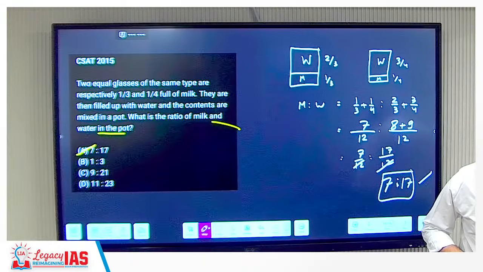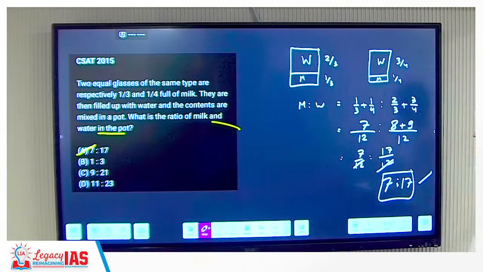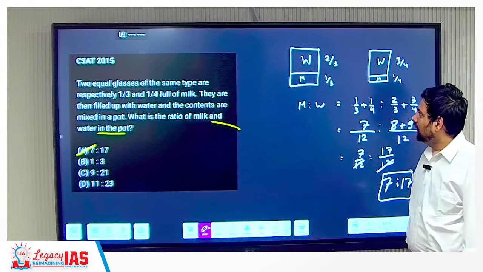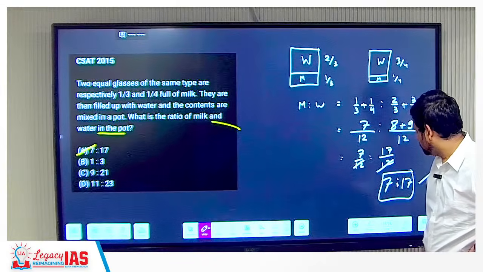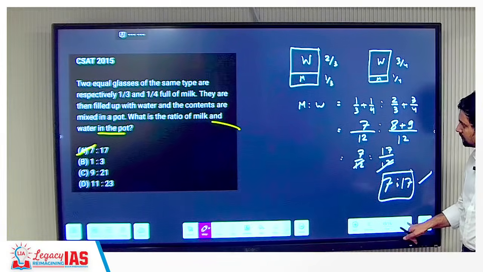Yes, Ranjan. Yes, Shweta. Simple. Okay. Then,